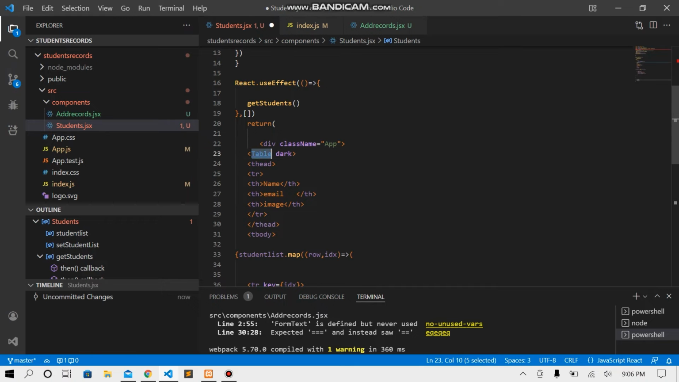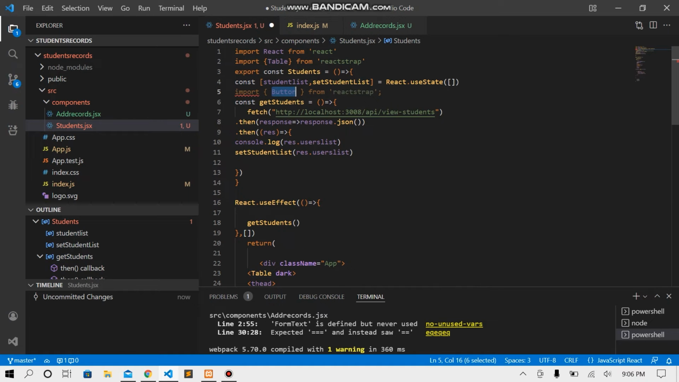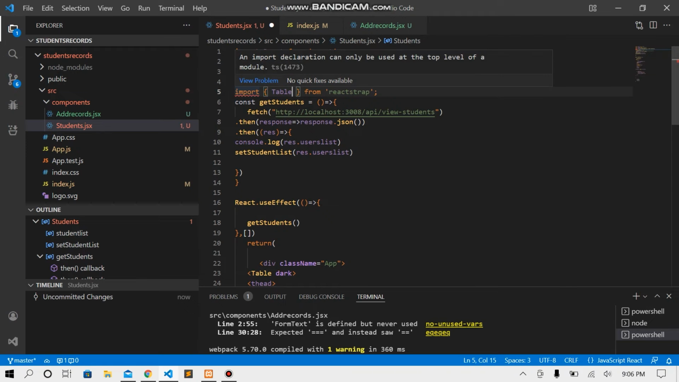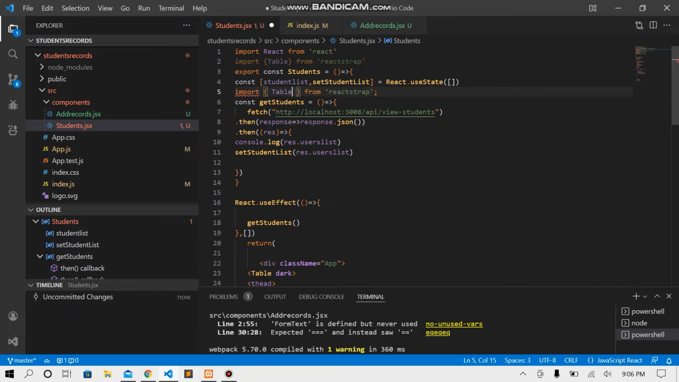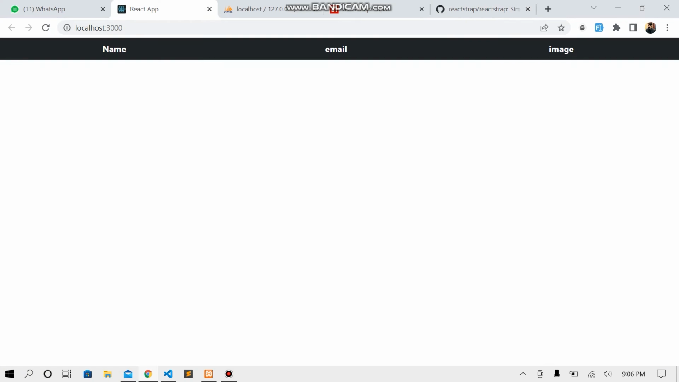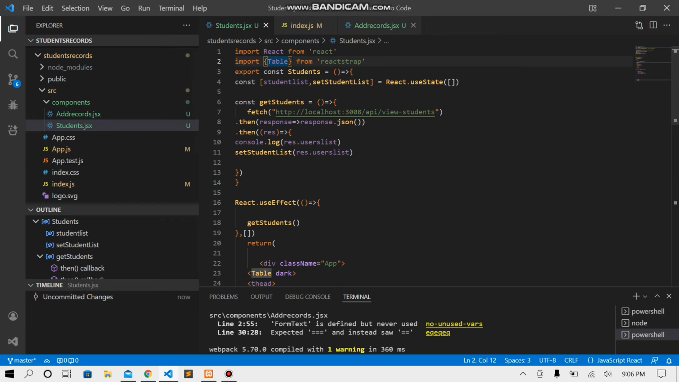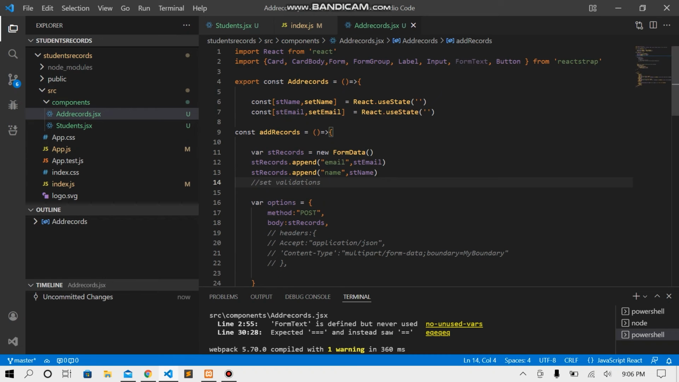Let's use the table tag. As I have already installed it and tried it, we already have that here, and if we go to our project now, you will see the change immediately. So let's move towards our add records component. We have included reactstrap for that,